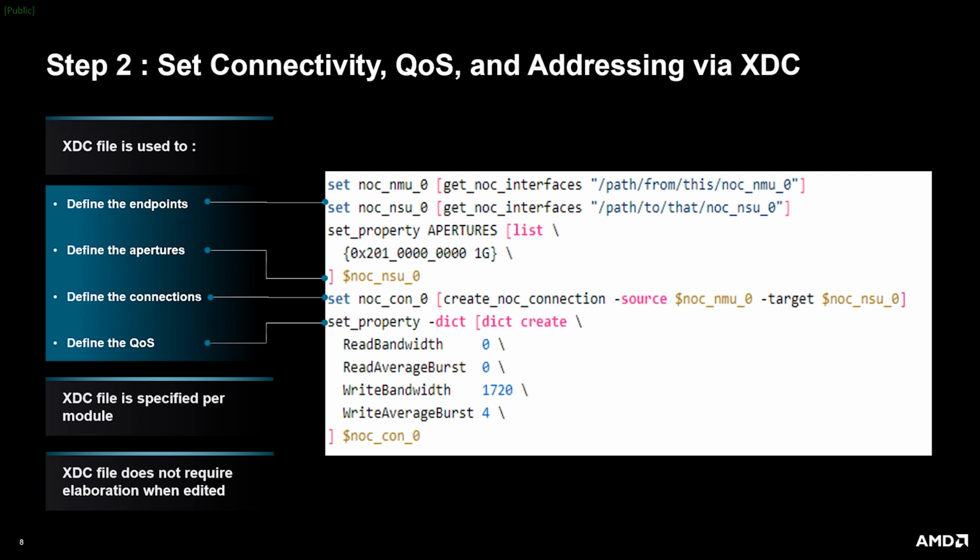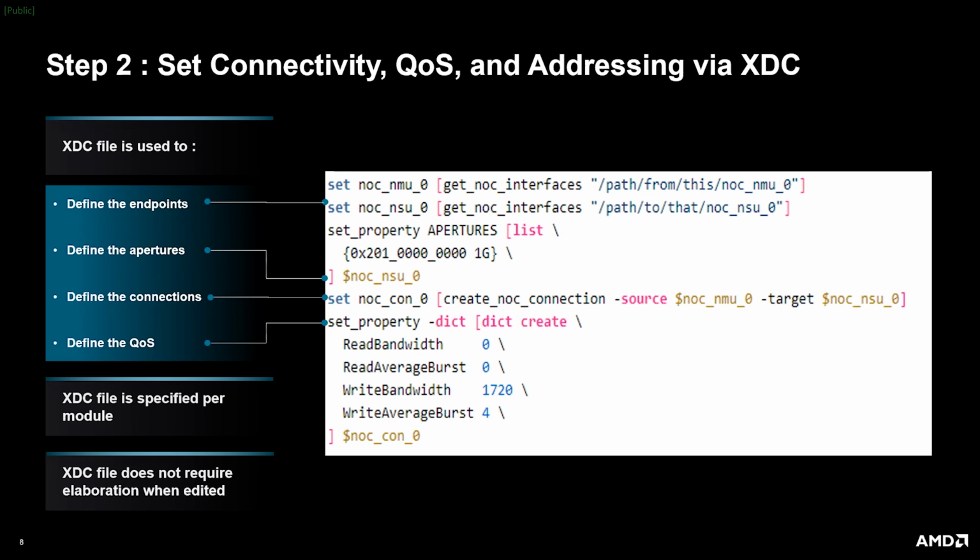In this manner, the command can be applied to the NMUs and NSUs contained in either the XPM modules in RTL or the NOC IP in the BD. It does not matter how the NMUs and NSUs are added to your design. In the example we've been describing, the NMU would be in the XPM module connected to the DMA in the RTL, and the NSU would be contained in the DDR memory controller within the NOC IP instance on the BD.